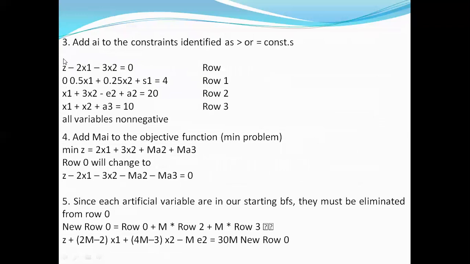Moving on to the artificial variable considerations. As the constraints identified are greater than or equal to a constant level, we equate them. So Z minus, with the X1 and X2 values upon substitution, equals 0. Whether it is equal to 0 or not: the first row calculates the Z value, that is Z minus 2 minus 6. When converted to the right-hand direction, Z will definitely be a positive value.